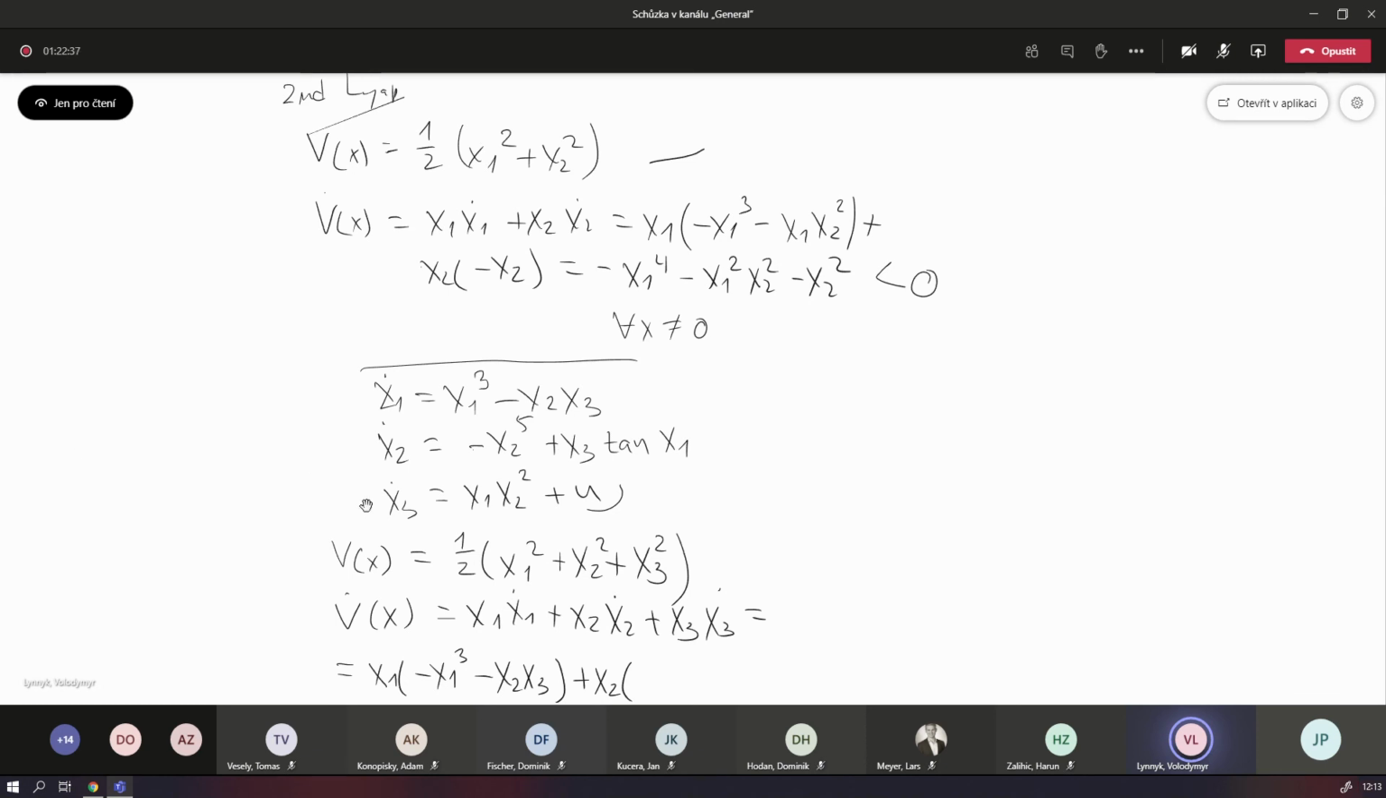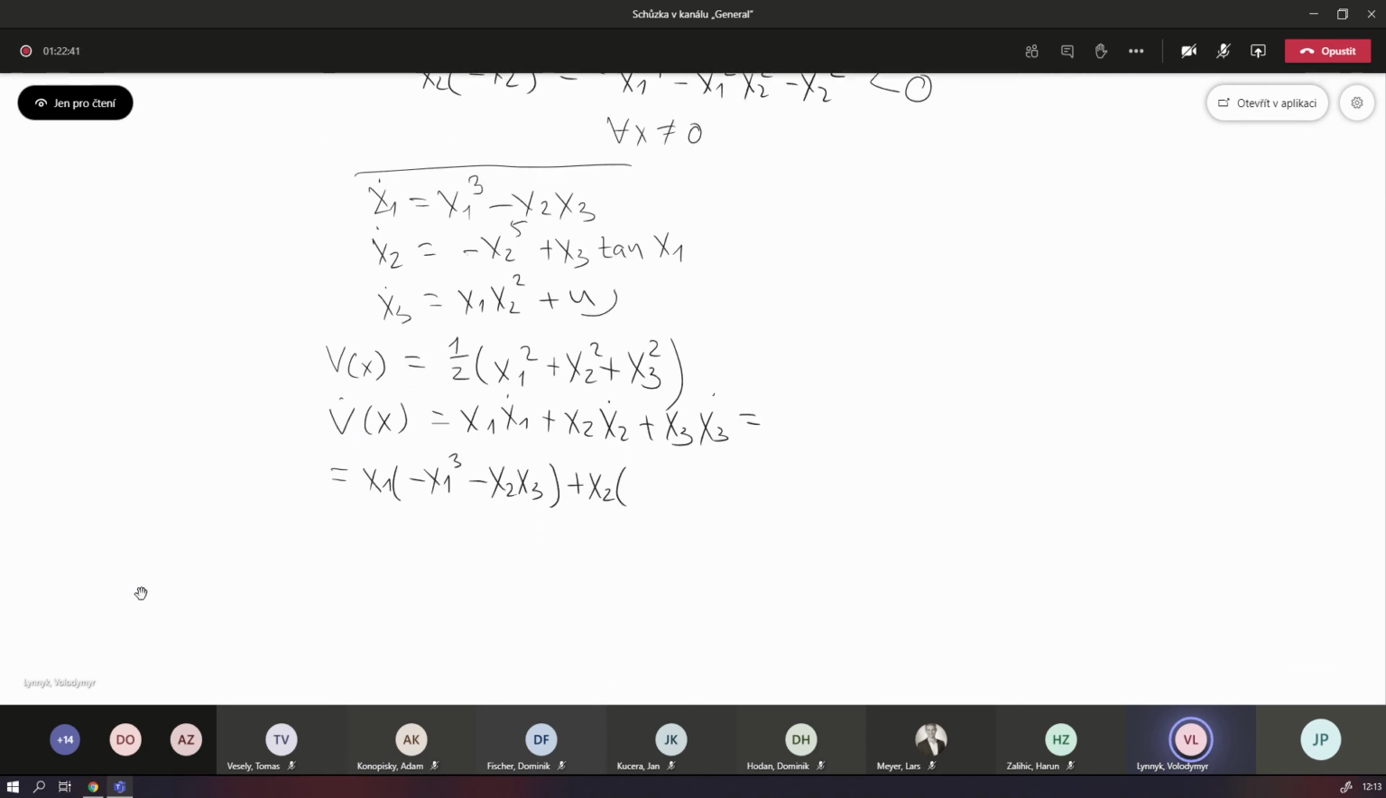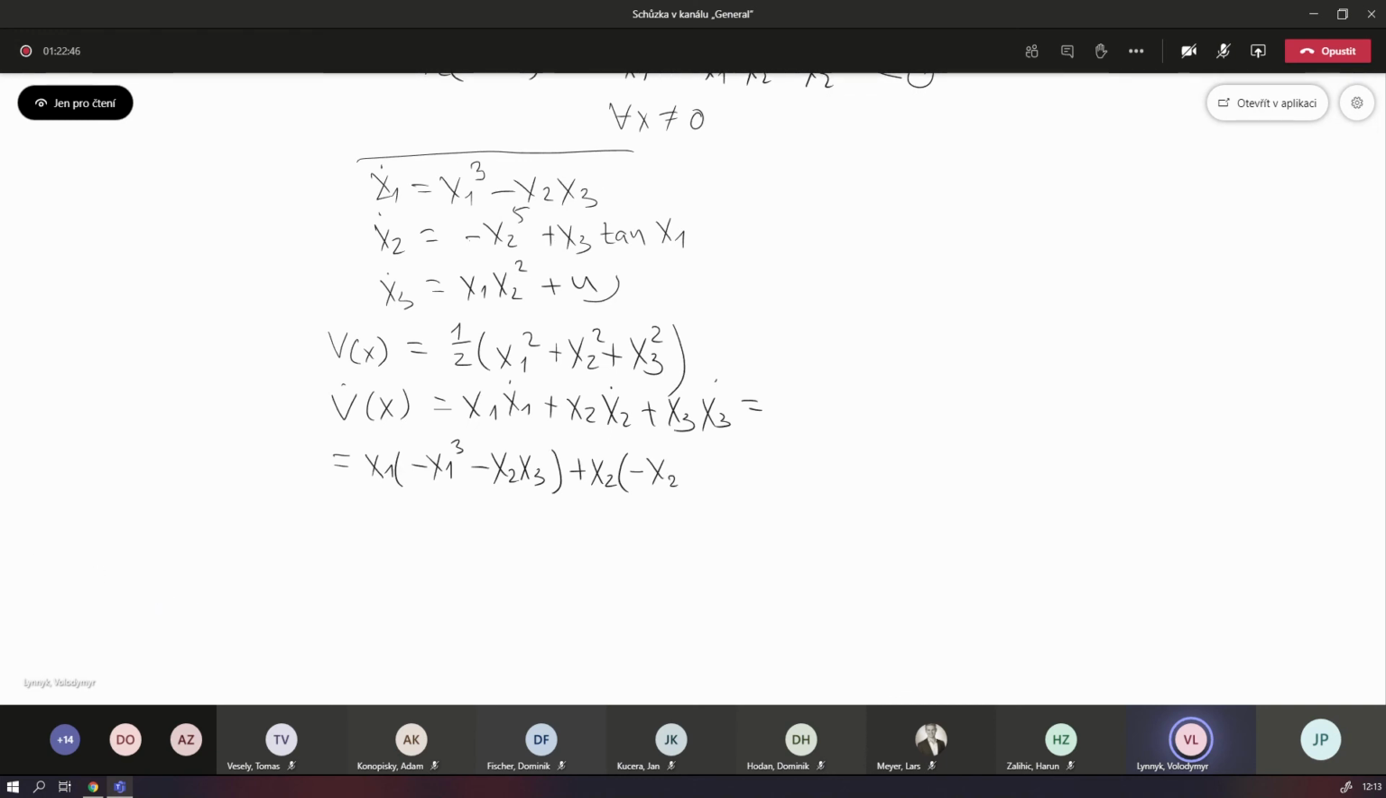One moment. Okay, x2 times minus x2 to the fifth degree plus x3 x1, and plus x3 times x1 x2 squared plus u, and it's equal to minus x1 to the fourth degree, sorry, plus, not minus, but plus x1 x2 x3,